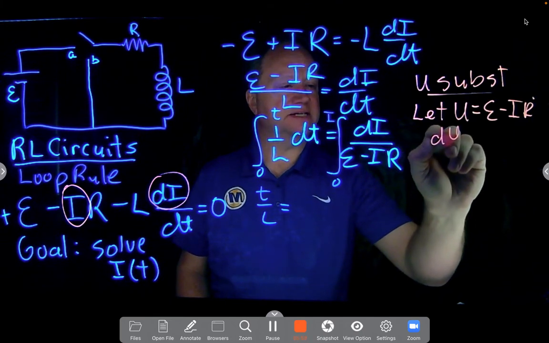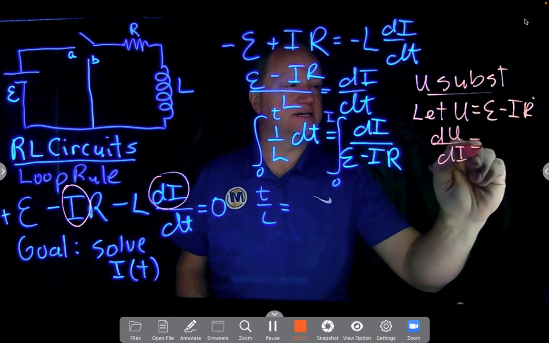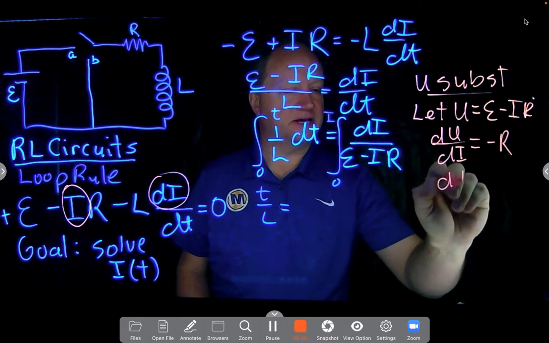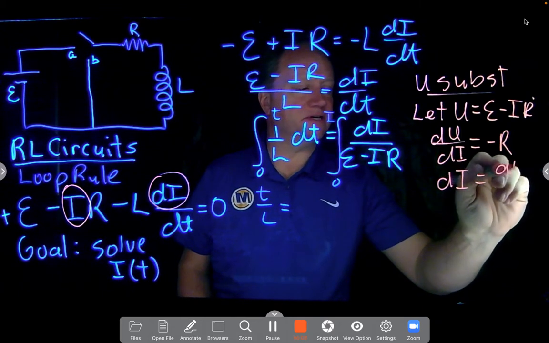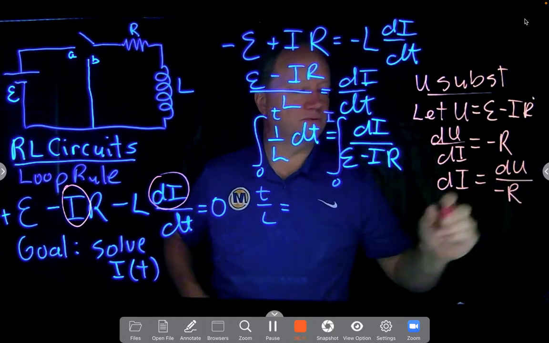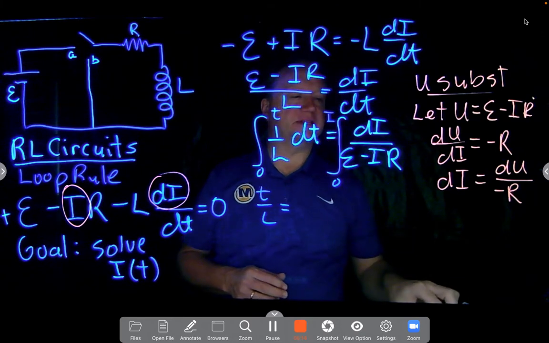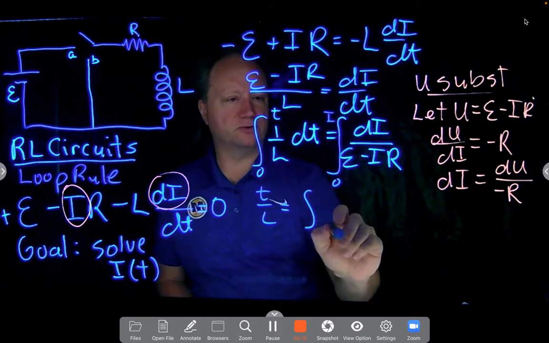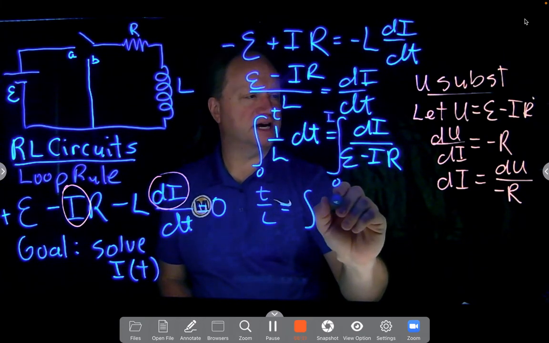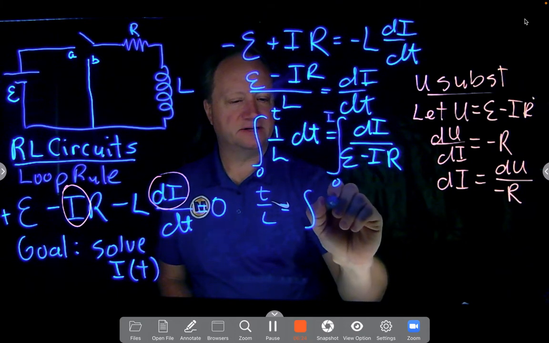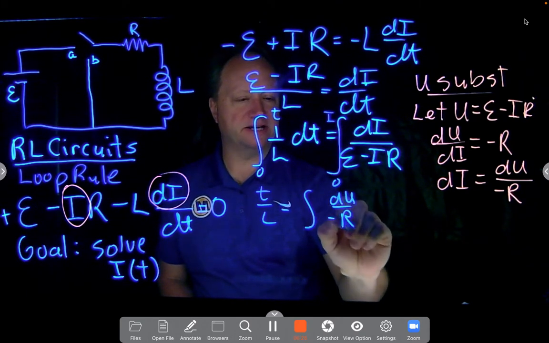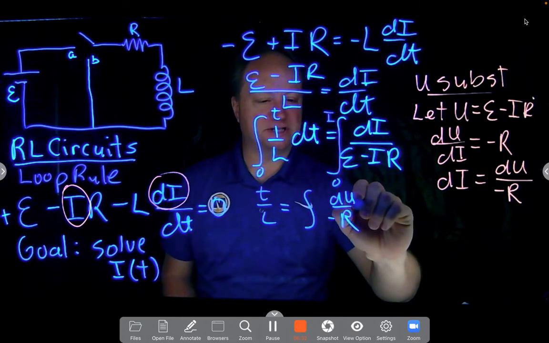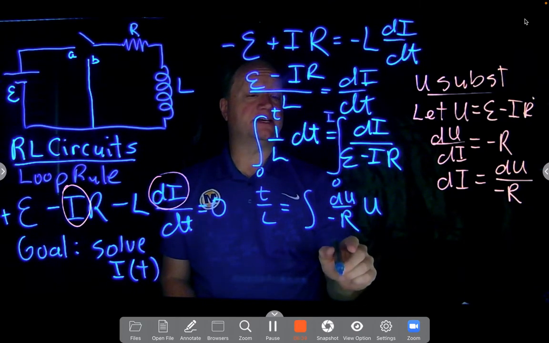Okay, then du di would be a negative R. And so then di would be du over negative R. So if I bring that back and I substitute in here, I'm going to get the integral of di gets replaced by a du over negative R. EMF minus IR gets replaced by a u. If I clean things up,